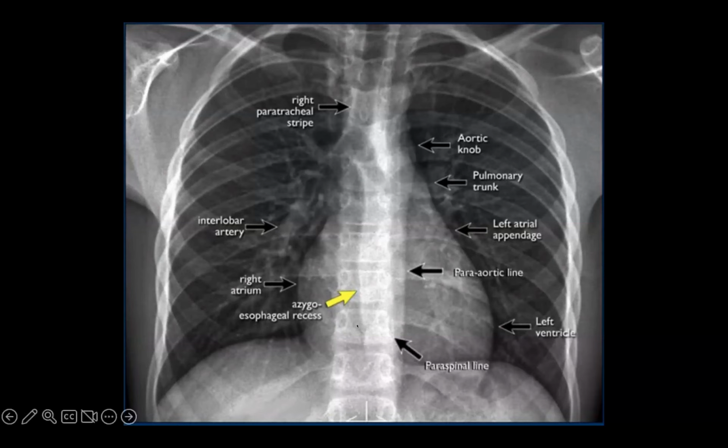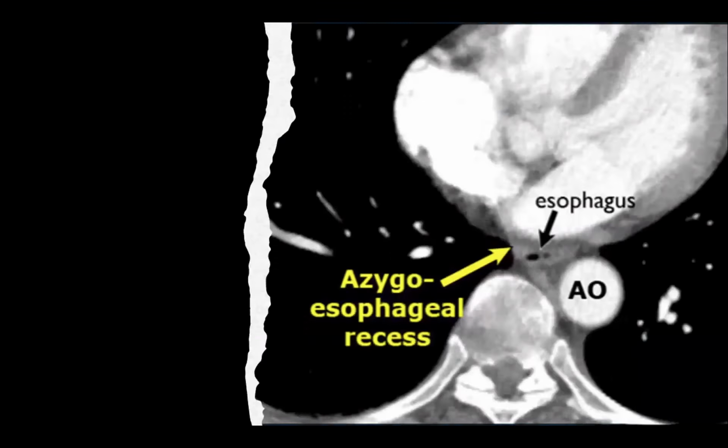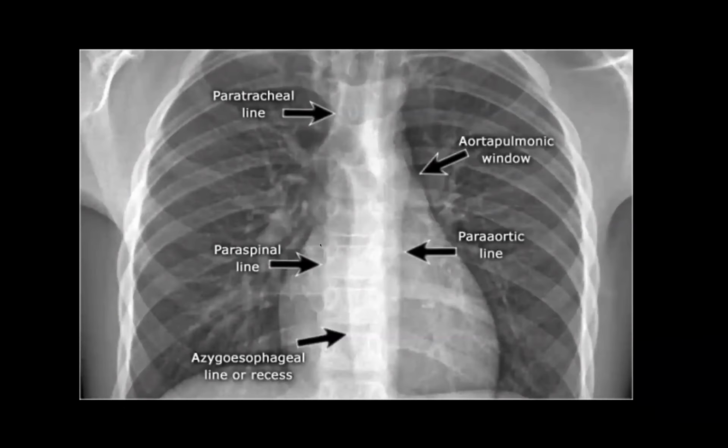In between those two lines, we have a very important line or stripe that I will give special emphasis in today's lecture, which is the esophageal recess. Recess, because it's actually a recess. And before we go to the CT, I want you to look at it on this frontal radiograph, and look how it goes here, because the azygos arch, the arch of the azygos vein, just